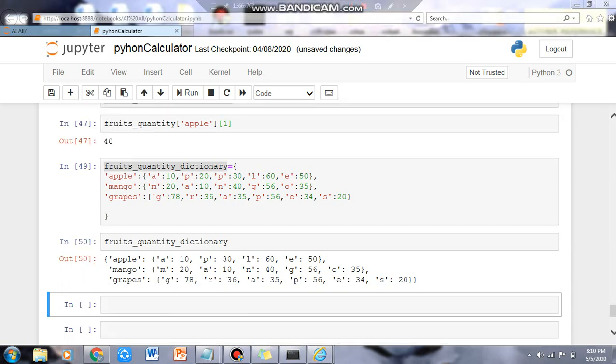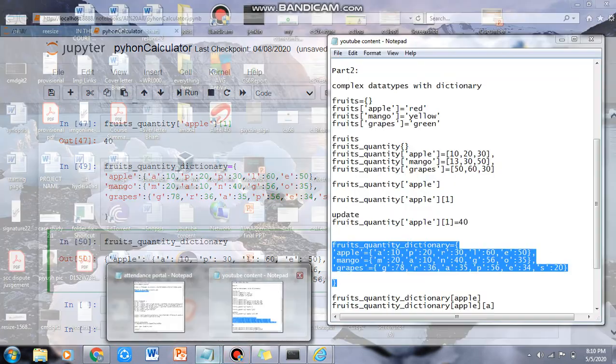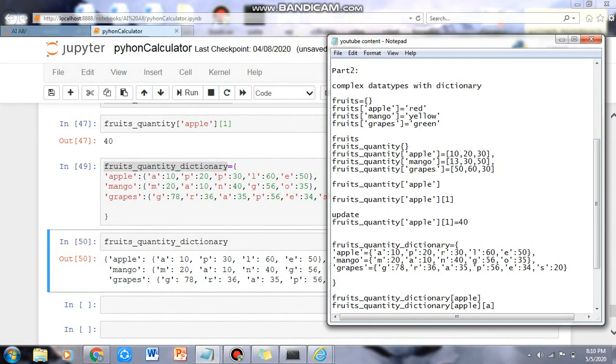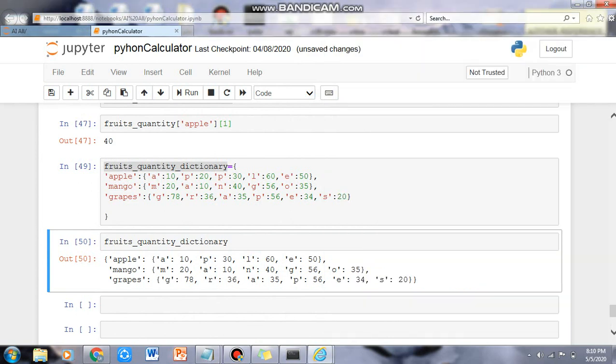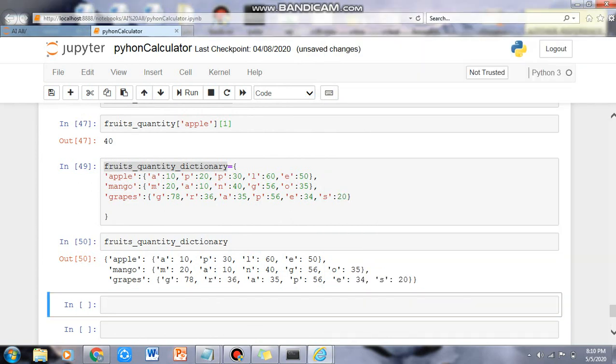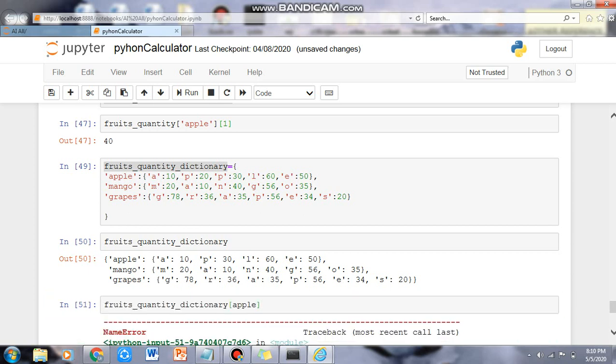And the next thing that we are going to do now is, if from this dictionary we want to access the keys of apple, the values of apple here, we'll just put it here.